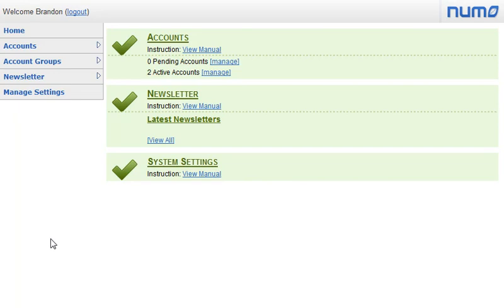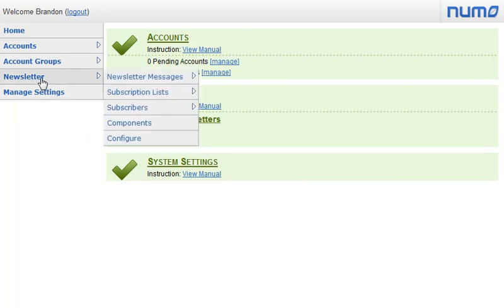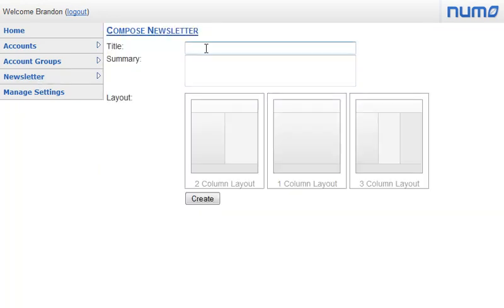Alright, so this is the tutorial that you have all been waiting for. This is how to compose a newsletter. So from the newsletter menu, select newsletter messages and compose new. We're going to call it December product release